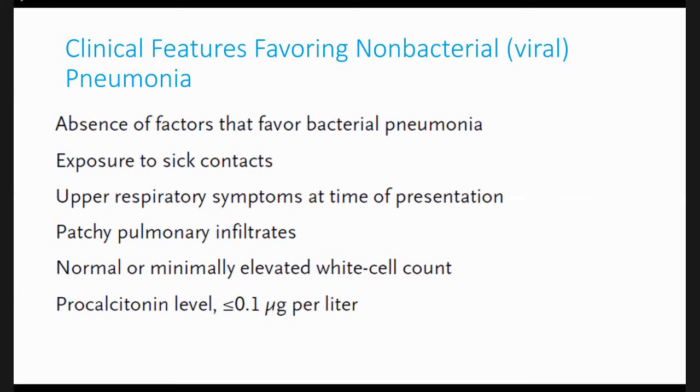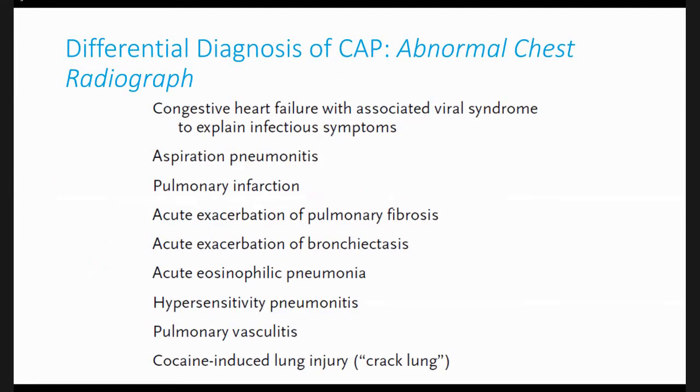So coming from clinical features to radiological features, the differential diagnosis of CAP with the abnormal chest radiograph. What else could it be? What are the differential diagnoses? Patient may have congestive heart failure with an associated viral syndrome to explain the infection symptoms. Patient may have patchy bilateral infiltrates,